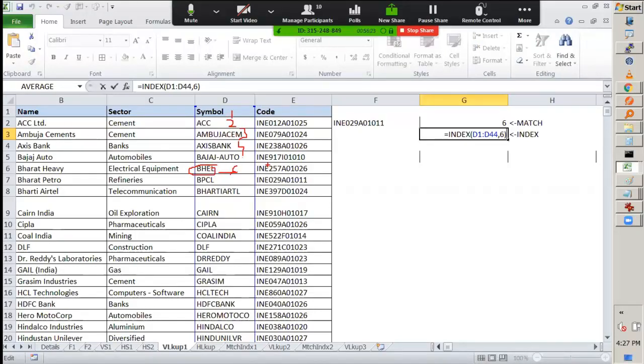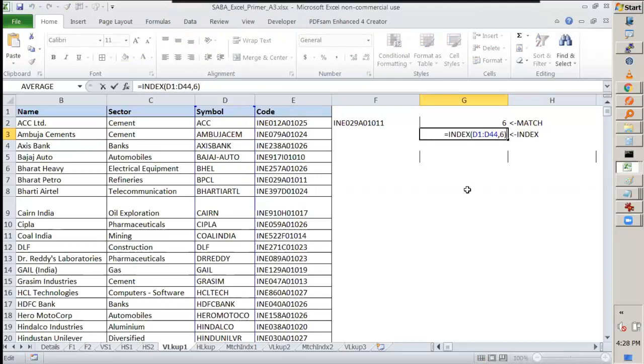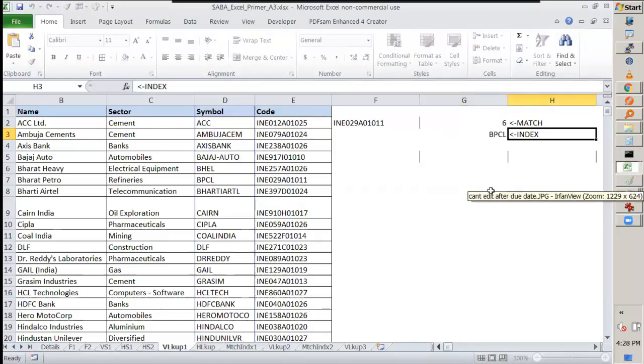Excel is not intelligent, right? It is not smart like you. Whatever you give it, it will throw an answer. So you have to be smart and think about what you are entering as the value. So the proper range here would be D2 to D44.